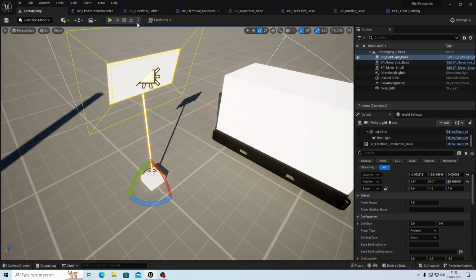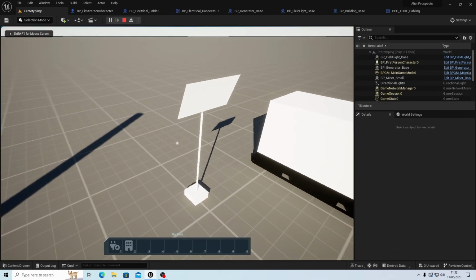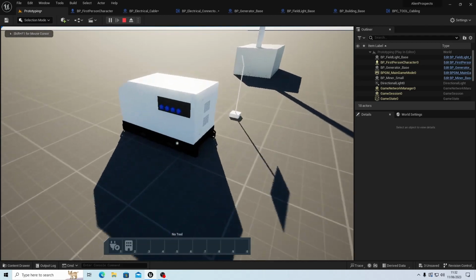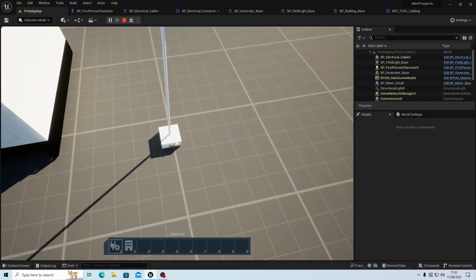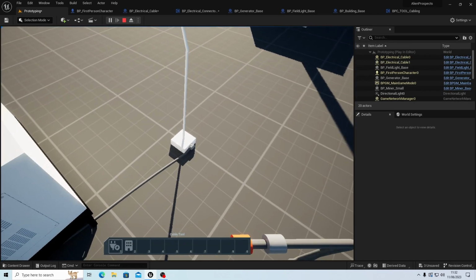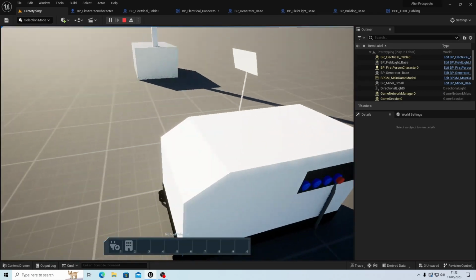Right, let's see if this now works. And I'm frustrated again because it's got to make a new cable. Yes, yes, I know. I can't do them automatically without a little bit of code. I don't want to create code. Okay, let's